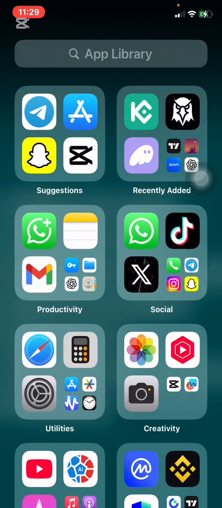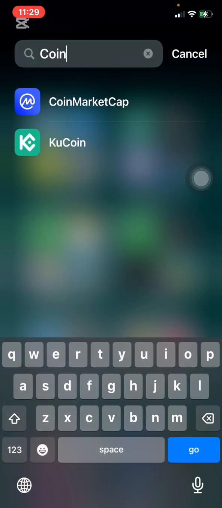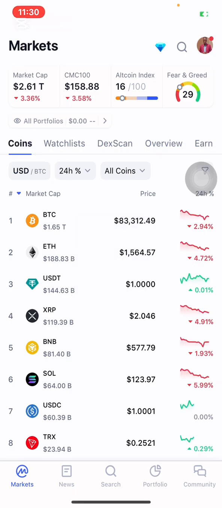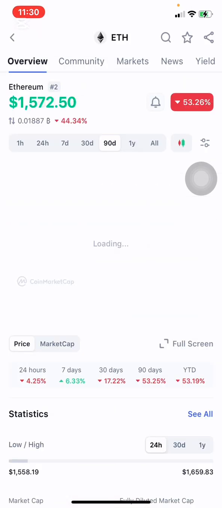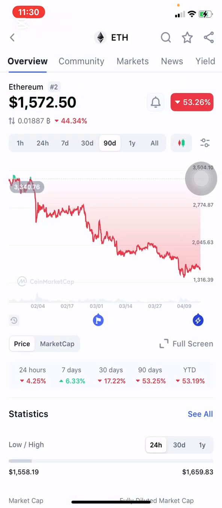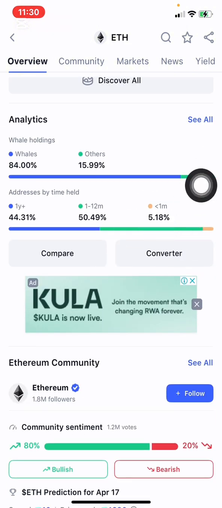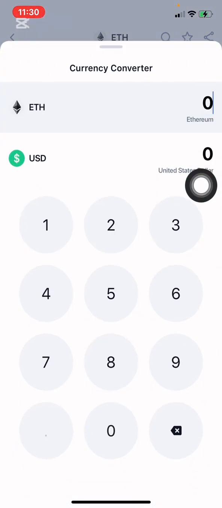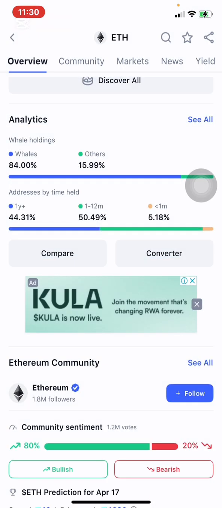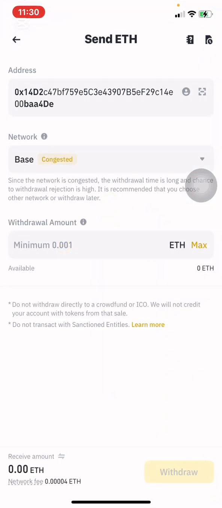So if I come here on my CoinMarketCap application and I calculate, because the value depends on the price of Ethereum. Right now, you see Ethereum is at $1,572. So if I come here on my converter and I say 0.001 Ethereum, how much will it cost so that I get this Ethereum? So they're showing us that, meaning that if you have $5, you can get this Ethereum that is being needed